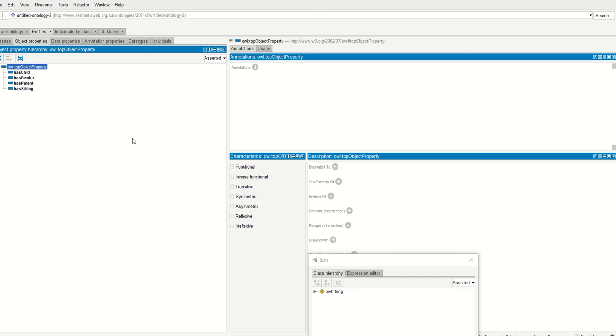The main important thing is the Protege tool, which is used to maintain a graph. You can see here hasChild, hasGender, hasParent, hasSibling. These things we can maintain in a complete visualization, so we can visualize the things and the relations between them.